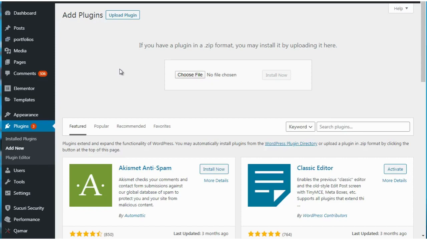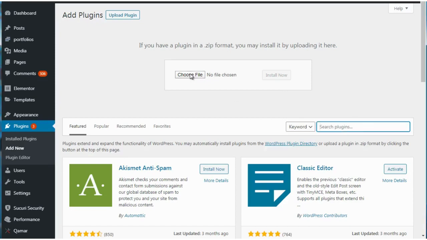Okay, so first things first, you want to log into your WordPress administrator dashboard, as you can see here. So next up, you want to go to Plugins, Add New, click Upload Plugin, and of course you're going to see this box here. So what you're going to do is down here, you're going to type in the keyword